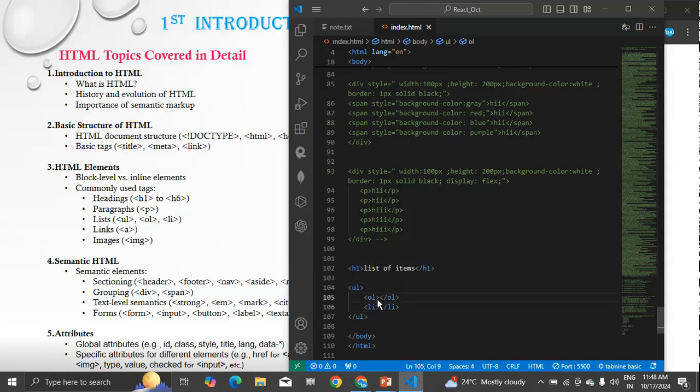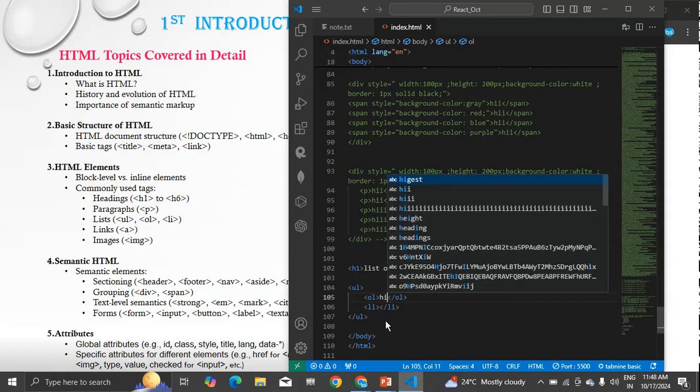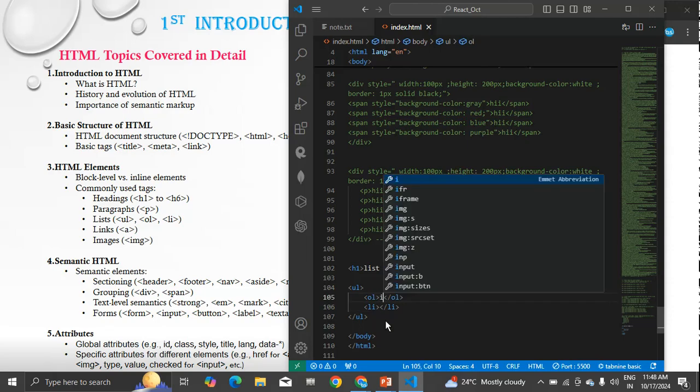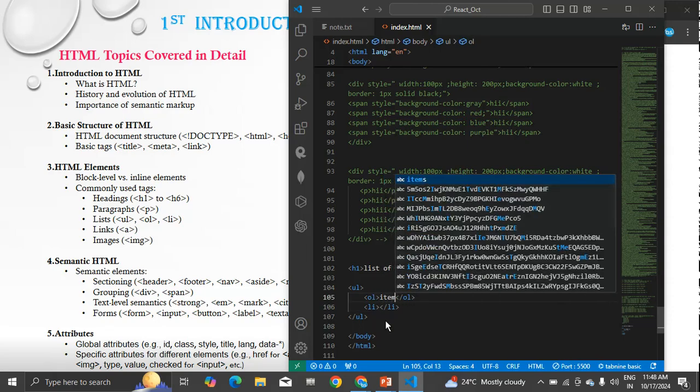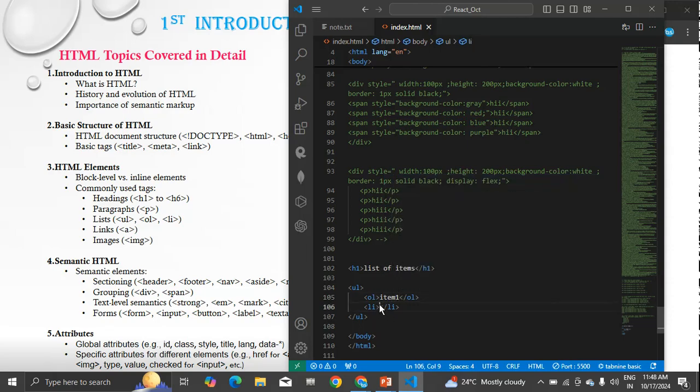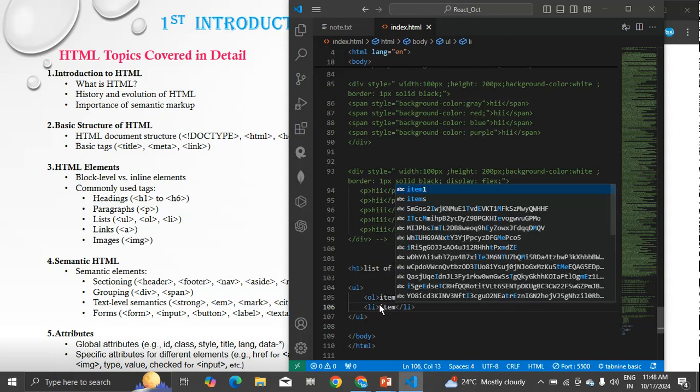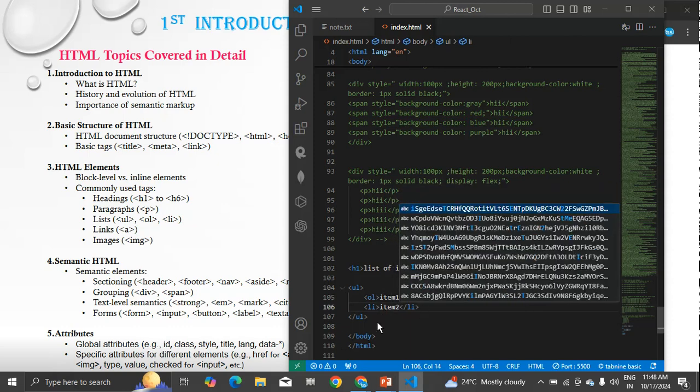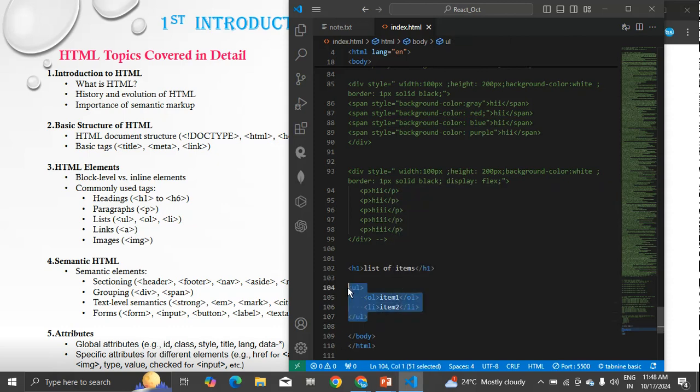So I'll just write li, item 1, item 2. I'll not write like this, I'll just take